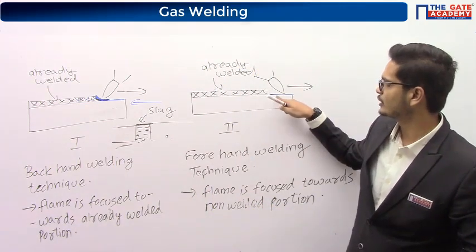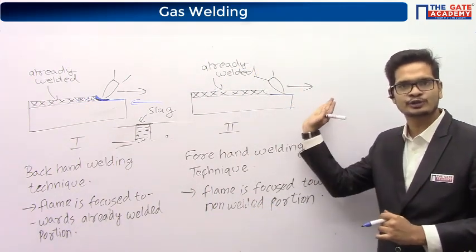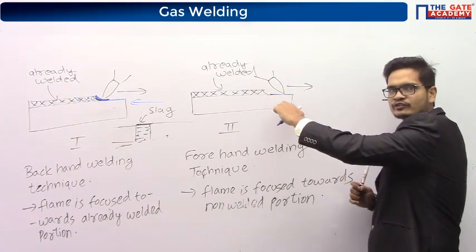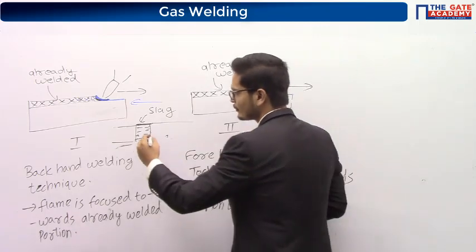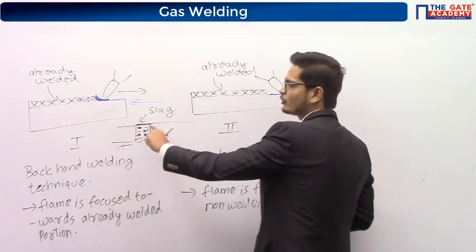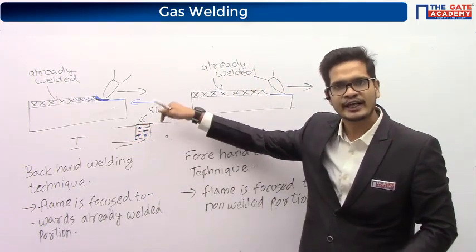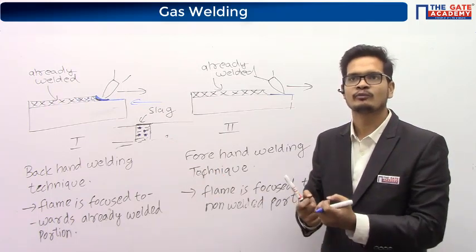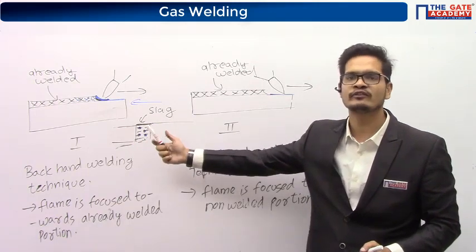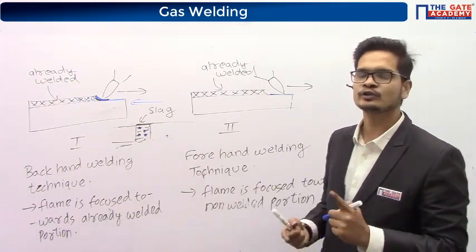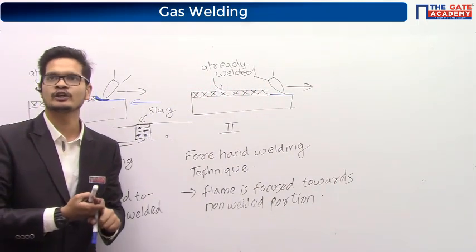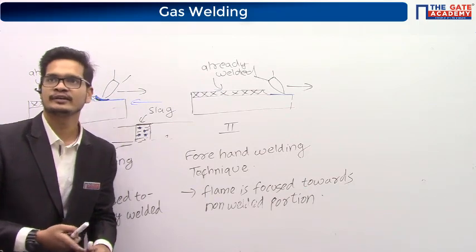But in this portion, there is no support to the slag. So when the force of the flame is acting on this portion, the slag will go in. It will enter the molten metal and become a part of it. And when the molten metal gets solidified, the slag will become a part of the weld. It will reduce the strength of the weld, and this will be called a defect. The name of the defect is slag inclusion. Did you understand?